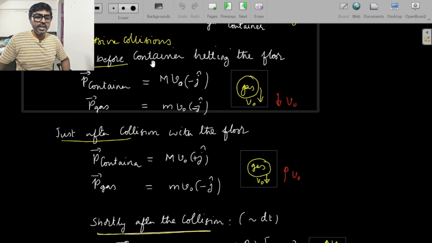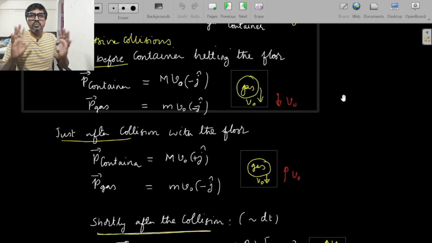Now here the idea of successive collisions we are going to use. First the container hits the floor, but gas will still be continuing to go down. Then as the container goes up, it will collide with the gas molecules, and that's the second stage of collision. It's not a single collision, it's multiple microscopic collisions, but you can take it like one big macro level collision. So you have one collision with the floor and then container with gas molecules. So successive collisions you have here. We know that collision with the floor is elastic, they had mentioned it. They don't happen simultaneously because of the inertia. So first the container collides and then gas molecules collide.